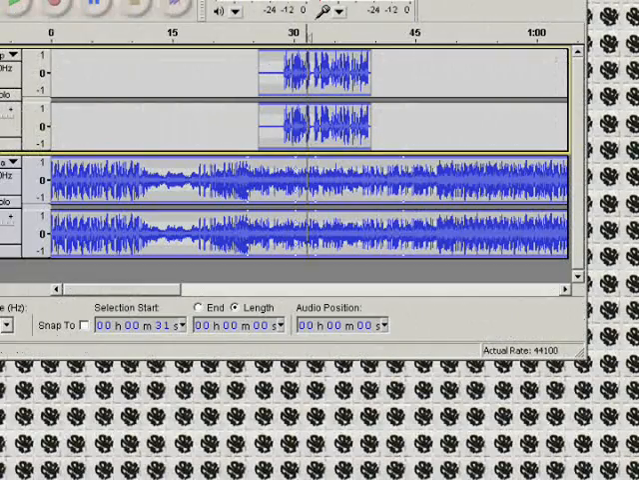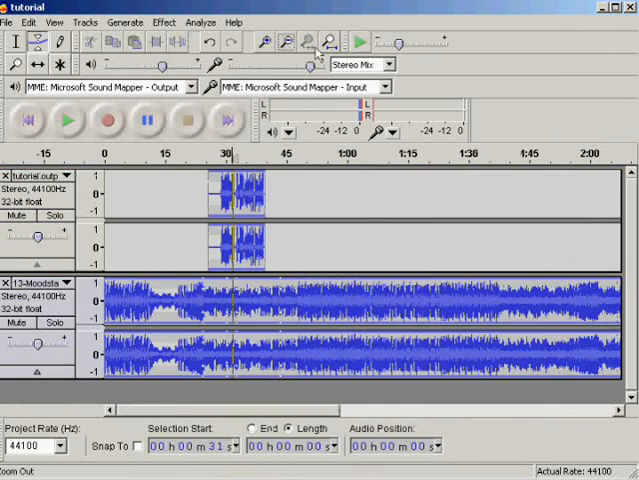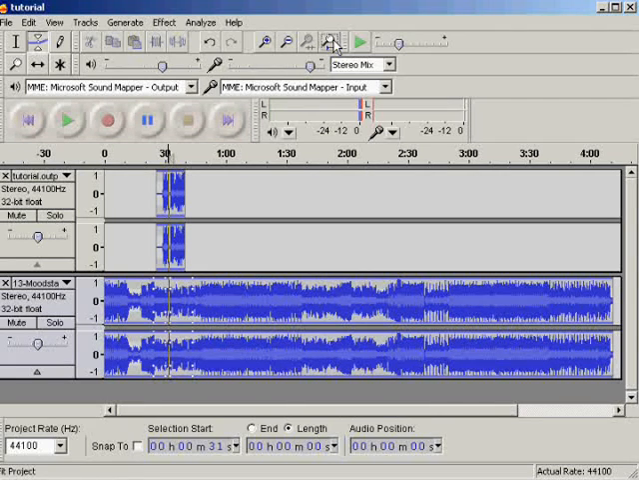Okay, so in the last part I showed you guys how to import an additional file and how to use the enveloping tool and to change the volume in certain parts of a file. This time I'm going to show you how to trim these files up if you need to, and I probably should have shown you this first because it's so easy and it's an